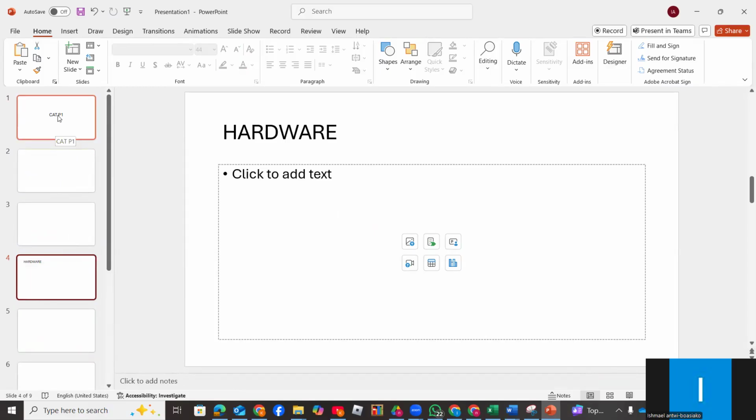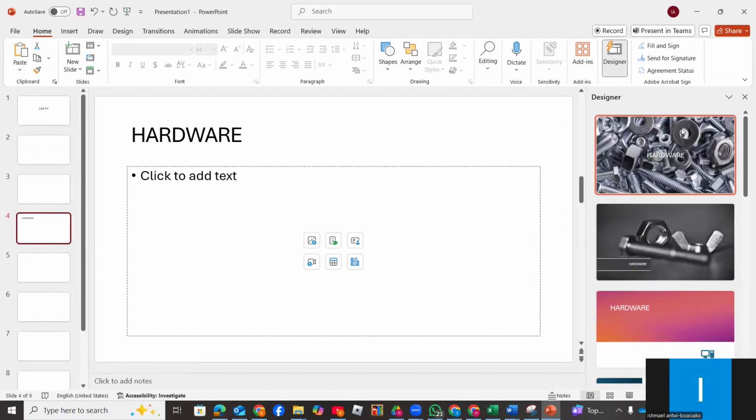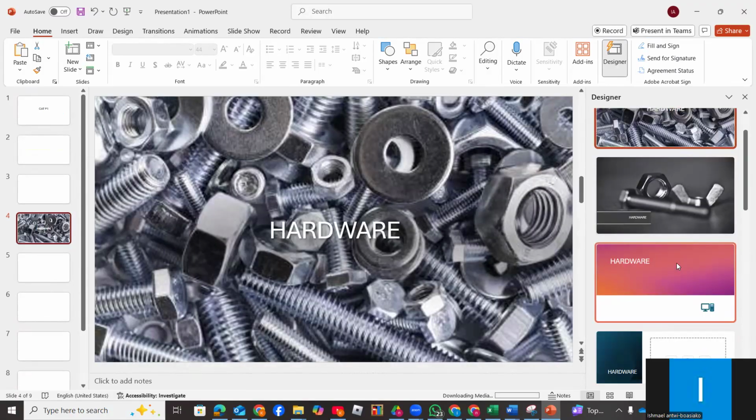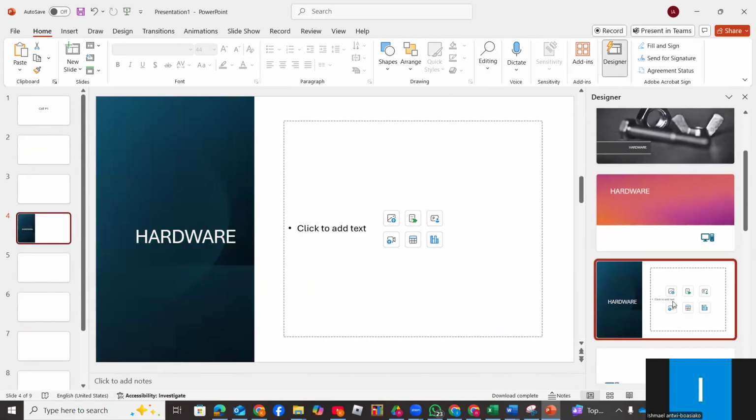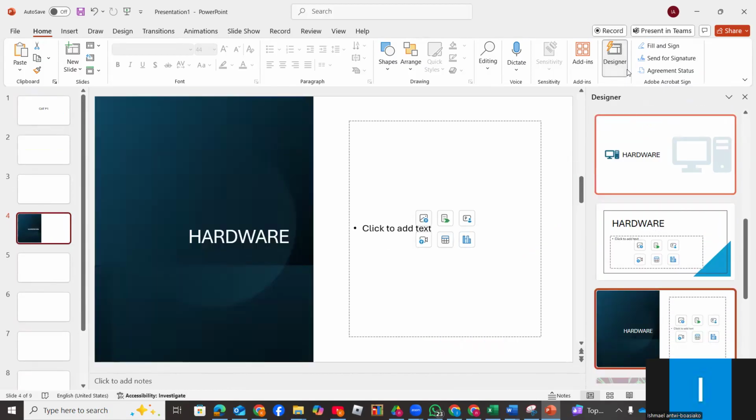Now, again, when you go to home, you will see design. It will generate various design ideas for you, whereby you can choose them, and each of them has different names. So there are so many design ideas that you can pick out from here. Then again, you can also